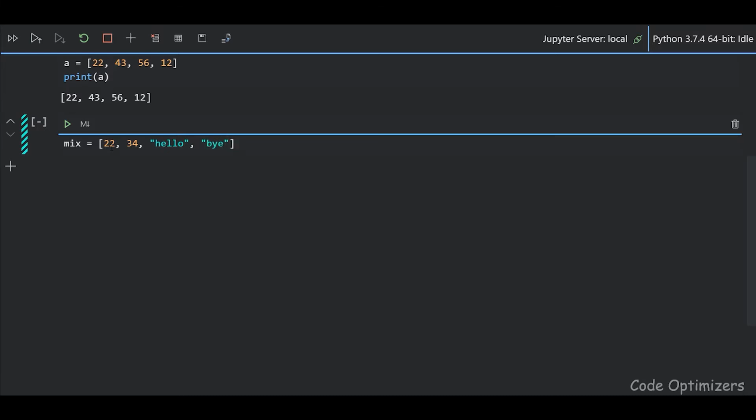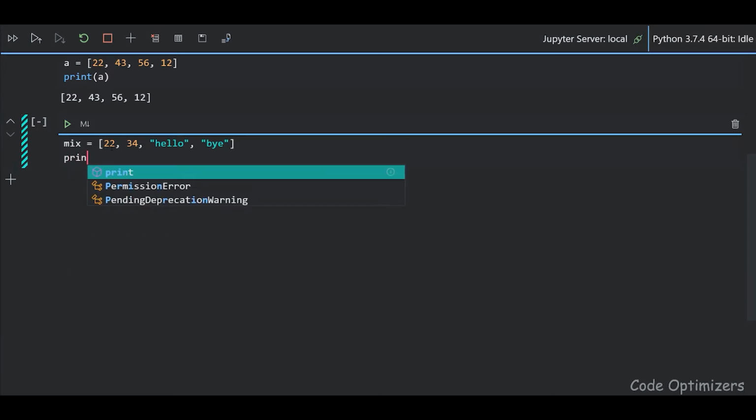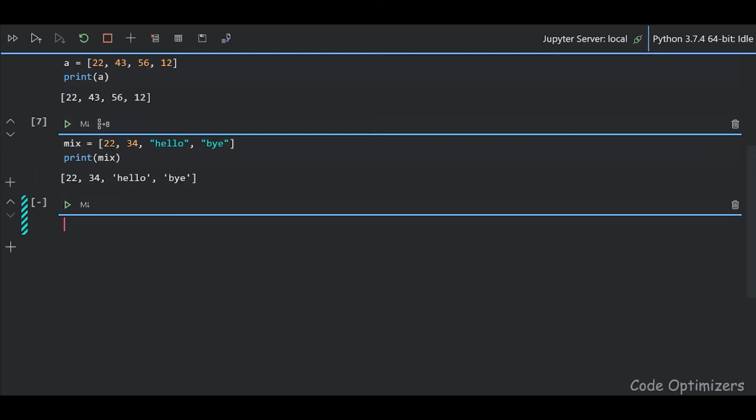So we have created a list of mixed data types, and now let's print this list, and on execution we can see that the list is printed with the 2 integers and 2 strings in the same list. So a list may contain mixed data types, that is, it can contain a string, integer as well as an object.